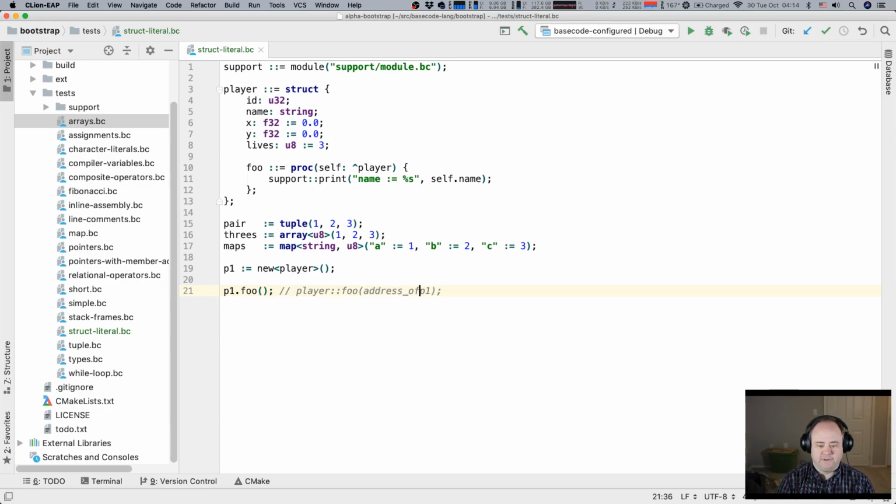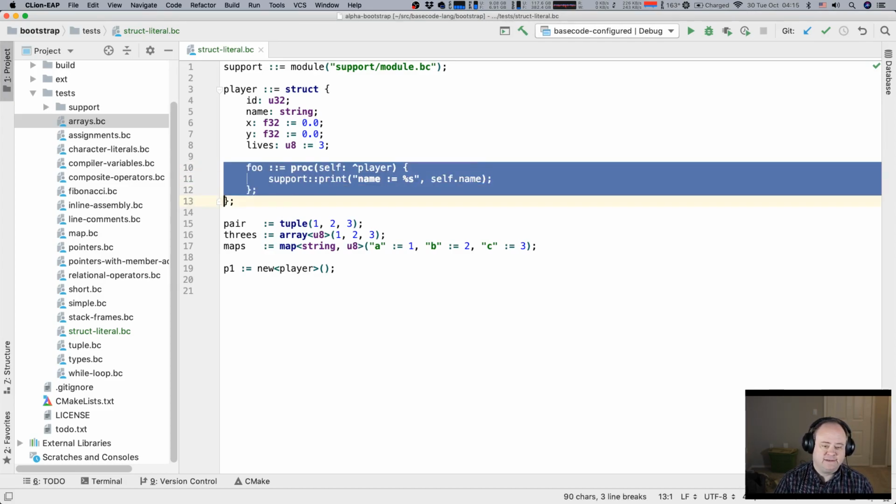Actually we gotta do address of. So the compiler would do that translation for us behind the scenes. Or of course you can just call it that way yourself if you want. But that's about as OO or behavior on things as we get.